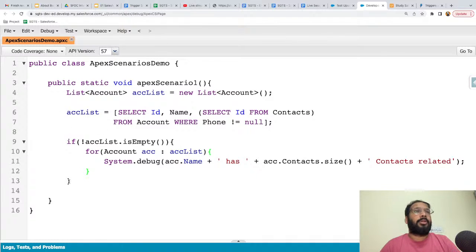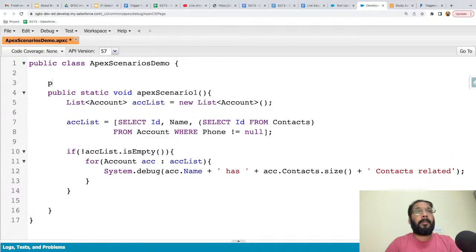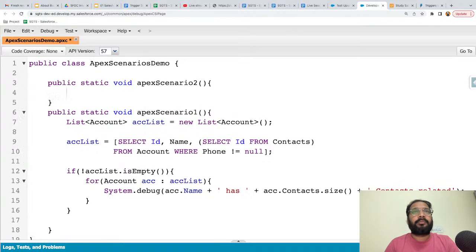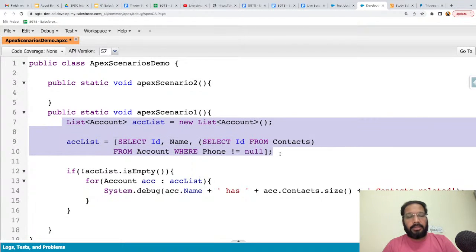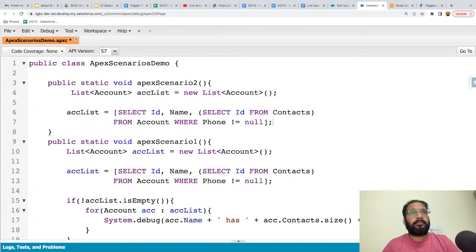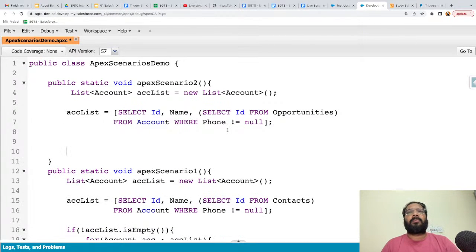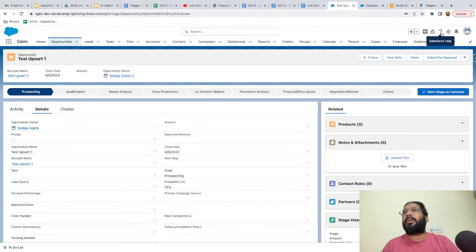Okay, so I'm going to implement this scenario in the same class. So public static void apex scenario 2, and now here, I'm just copying this, and here instead of context we need to write opportunities, right? So if we go to the opportunity object,